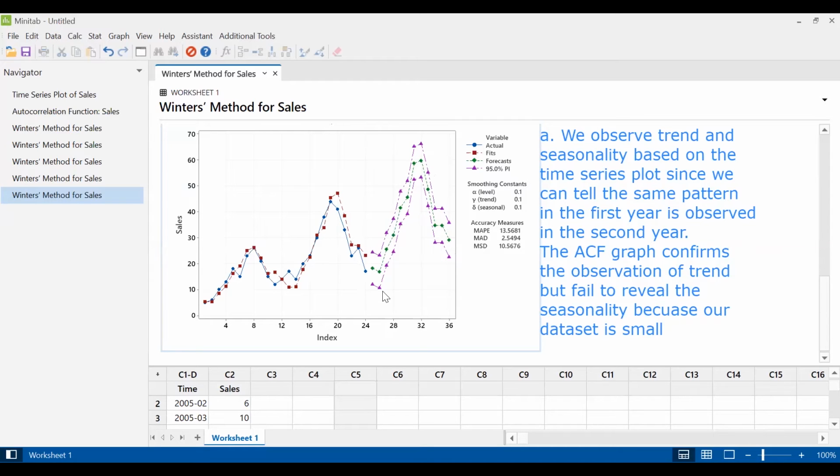As expected, we do see the same seasonal pattern in the third year, which should be the case. We also observe that overall the third year sales is higher than the second year sales, which also makes sense. And therefore, we can confirm that the forecasts from our model, at least based on our visual examination, make sense, or are reasonable. So I'm gonna say for part B,